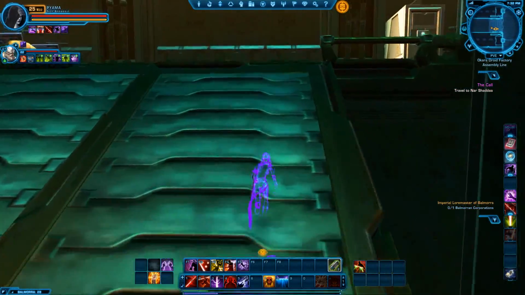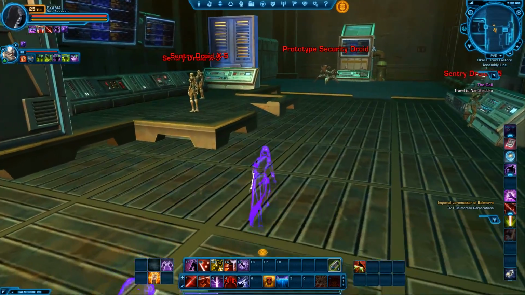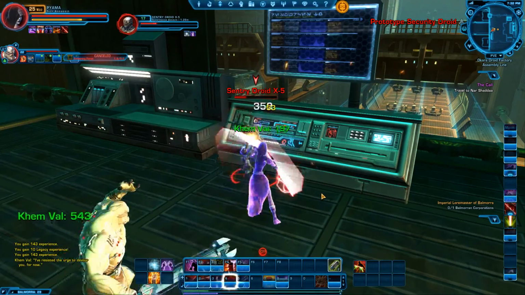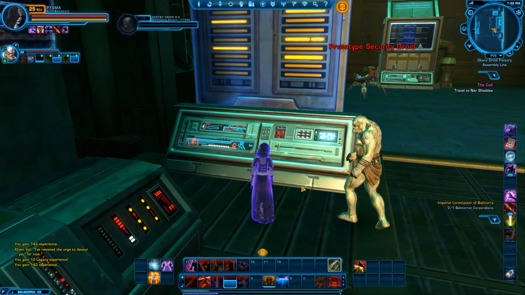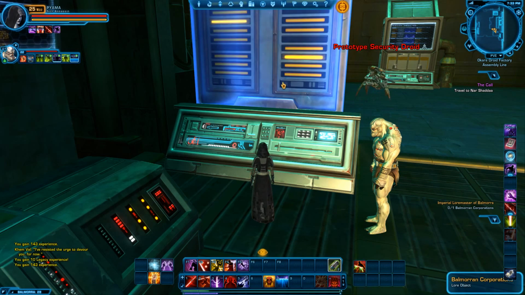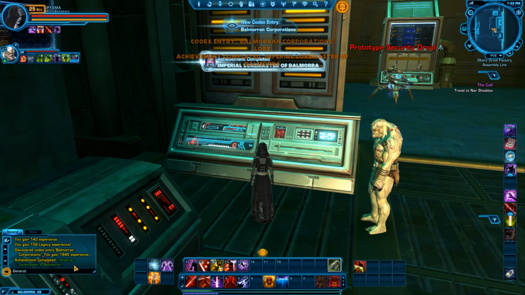And on this side we will need to kill a few mobs because they are located right near the lore object. The lore object, by the way, is right here. Balmorran Corporations. Okay, once more. Okara Droid Factory assembly line, the exact location, the entrance from the Okara Droid Factory main level. Imperial Loremaster of Balmorra